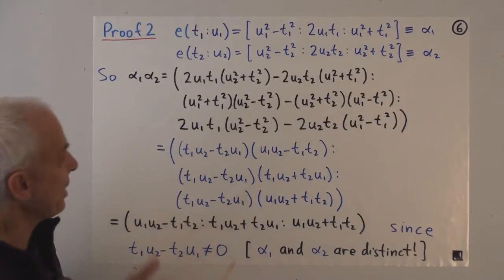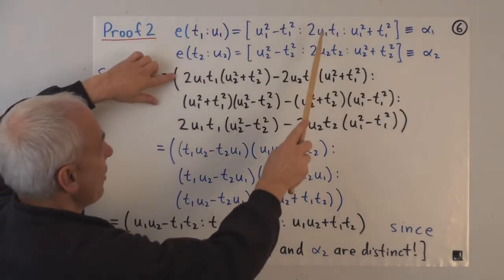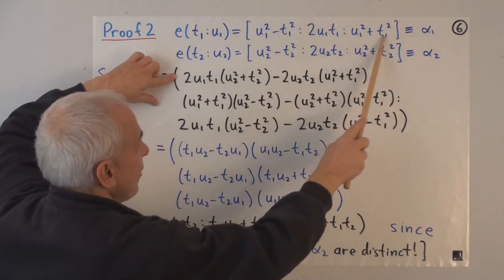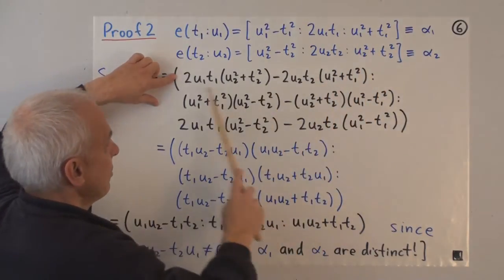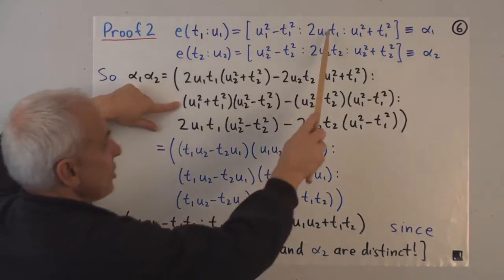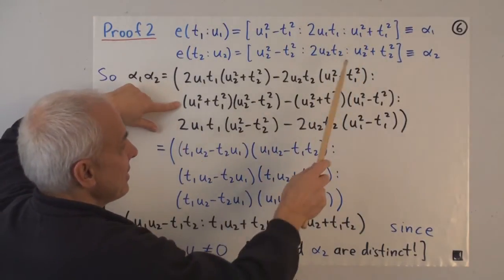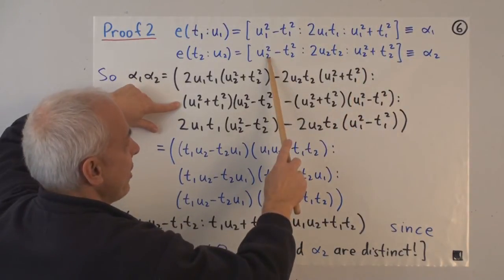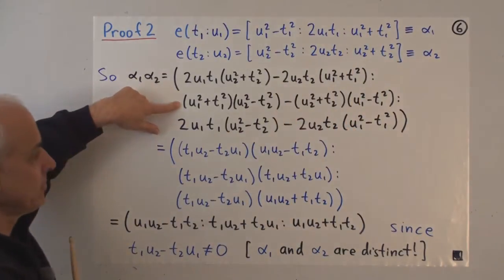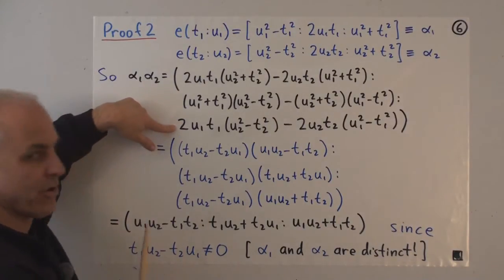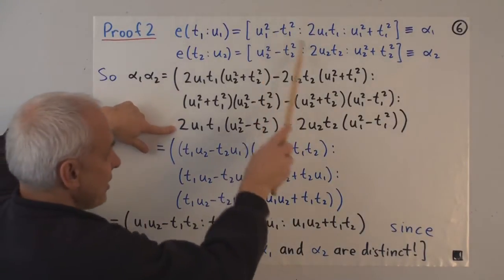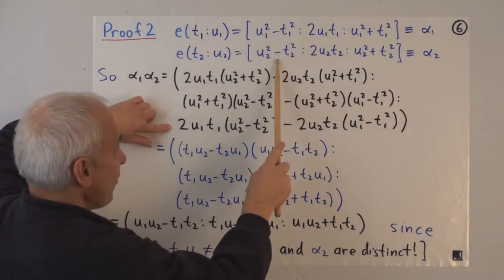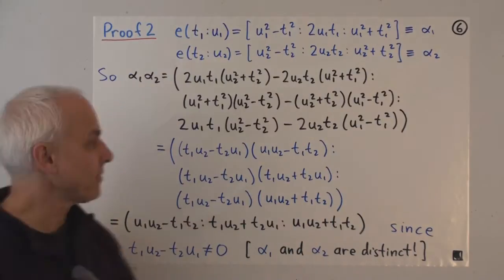How does that work? Well, we have 3 components. The first one is this times this minus this times this, or this times this. There it is there. That was a 2 by 2 determinant. The second component is another 2 by 2 determinant. It's this times this minus this times this. And the third component is another 2 by 2 determinant. It's not this times this minus this times this as you might think. It's negative of that. It's this times this minus this times this.